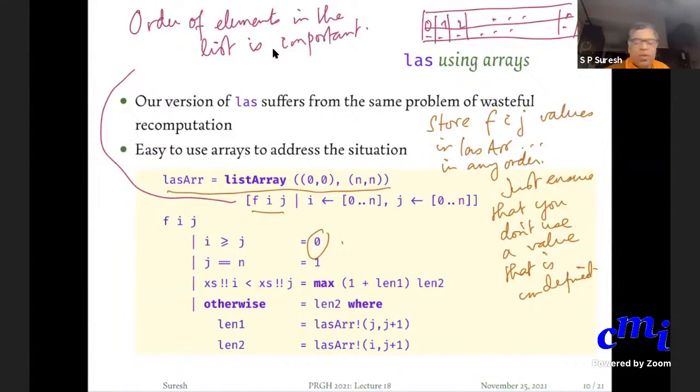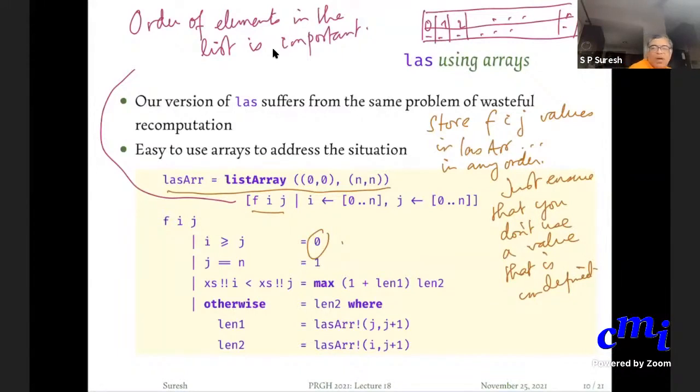I know that, but I am doing this to handle the dummy case, when i is greater than or equal to j. I'm just putting a dummy value. 0 is just a placeholder, so it will never be used.